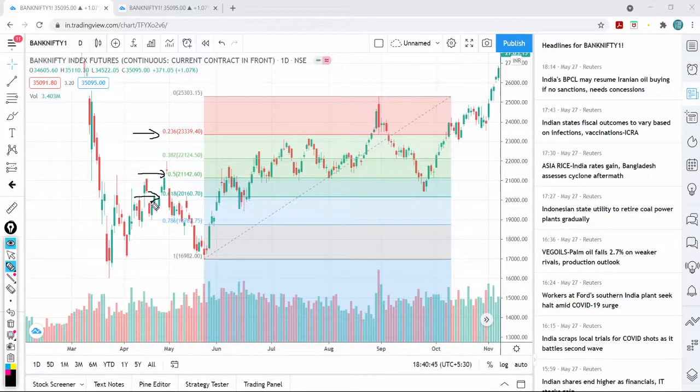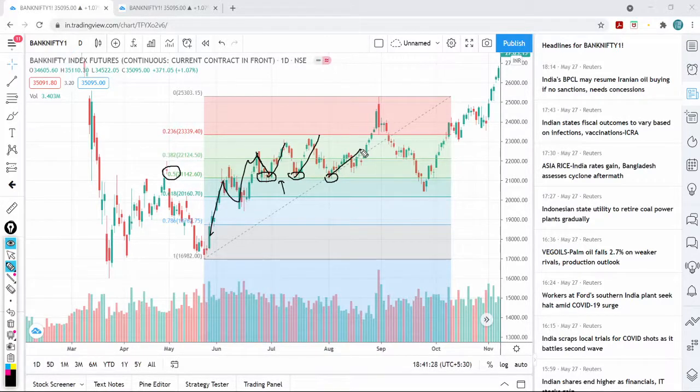Whenever a stock is in an uptrending move or in a downtrending move, after an upside move like you could see here, when the price is reversing back down, either it will take support at 0.5 or at 0.618. Look at this, this is 0.5. After an up move, the price is trying to move down. This green color line is 0.5. Price is taking support here and reversing back up. Again taking support here, reversing back up. Again taking support here.